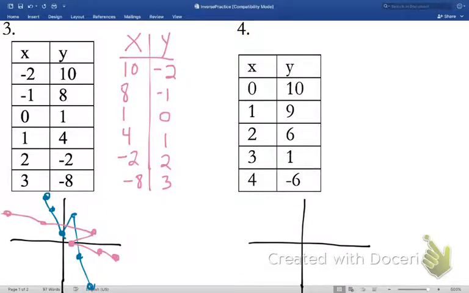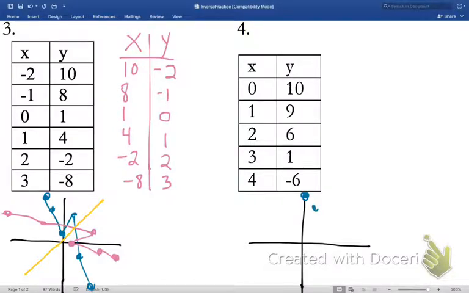So again, mirror reflection across the line y equals x. If you graph it and you don't get the mirror reflection, then you did something wrong. Let's look at number 4. (0, 10). Okay, that's at the top of the y-axis. Then I have (1, 9),